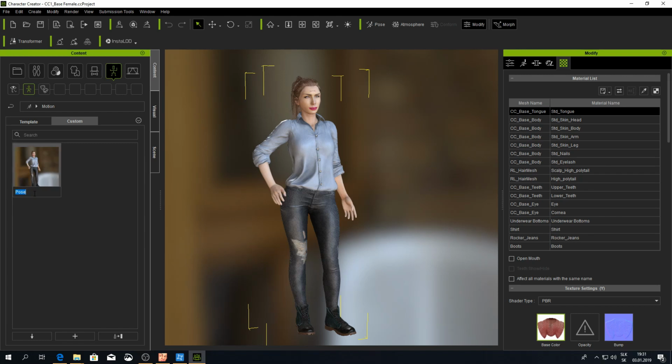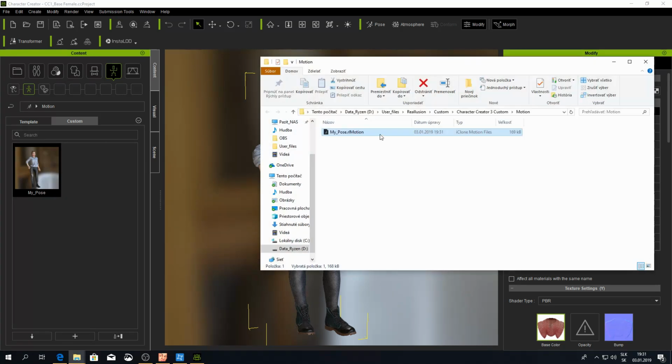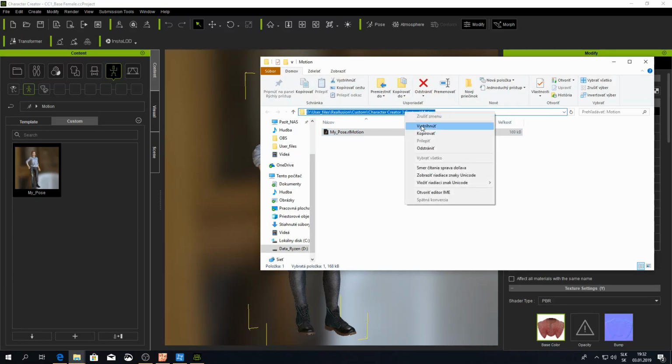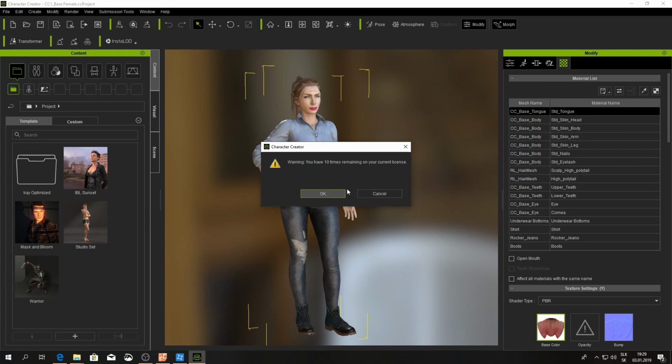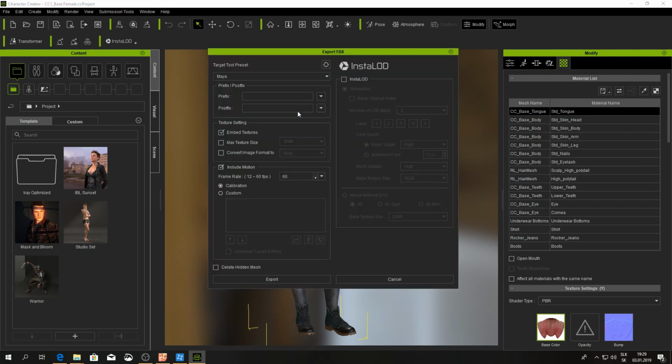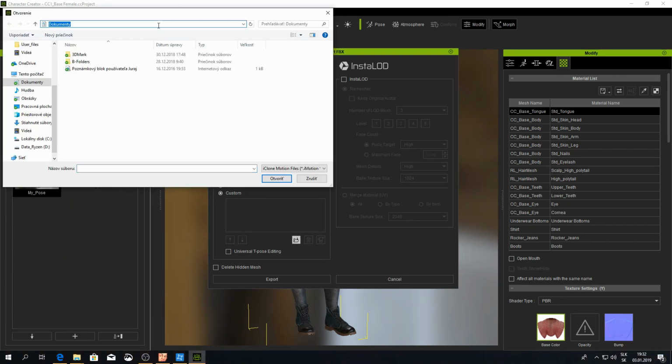We will need it in the next step. Now we can export it to FBX format. Here we put the path to the stored pose.